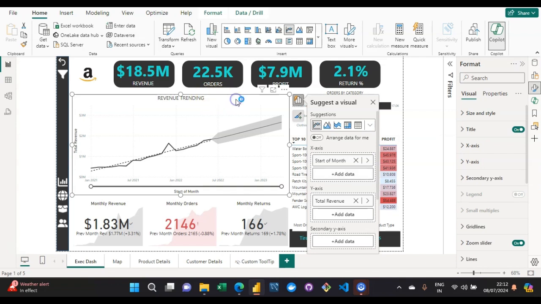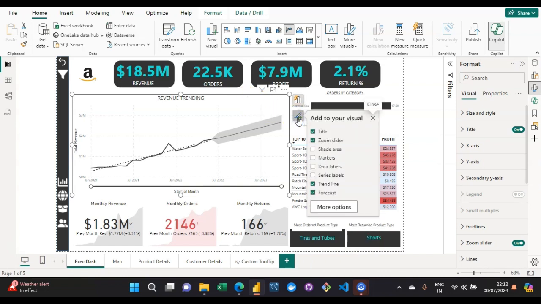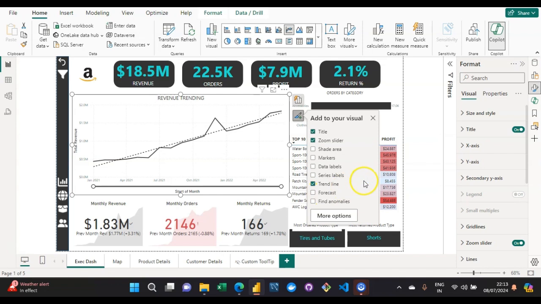When we are working with start of month, one thing we can make sure is that we are getting the proper data with respect to start of month. Now, one more thing I need to make sure is that I'm not interested in looking at this forecast at this point. Whenever you turn off this forecast, you can see this option, find anomalies. You can simply work with this option so that you can make use of AI in Power BI itself to detect what anomalies you have in your data set or in the specific line graph.